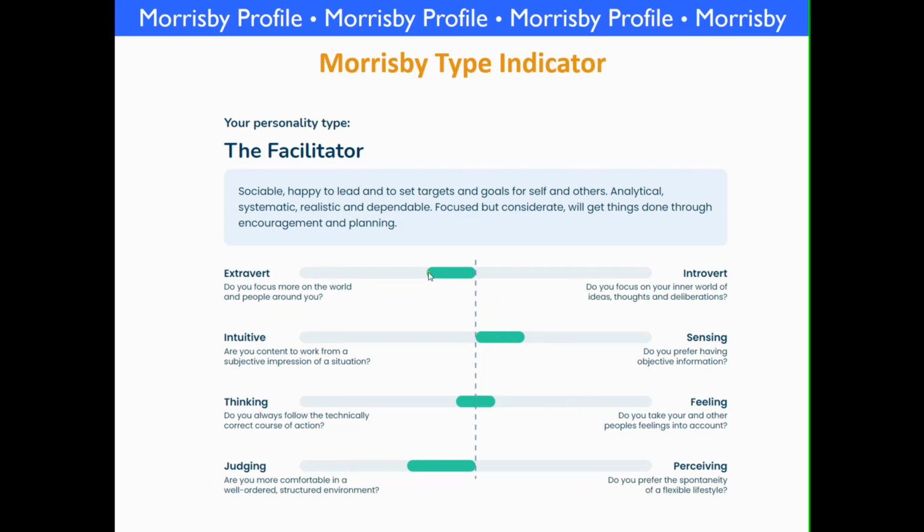Now, the scores and their strength are rolled up, and one of 81 descriptors is presented. This individual has the type of the facilitator. Using one word or short descriptors can be quite misleading, so it's always a good idea to read the longer descriptor. And it's also important to make sure you understand that the descriptors behind the labels on the scales make